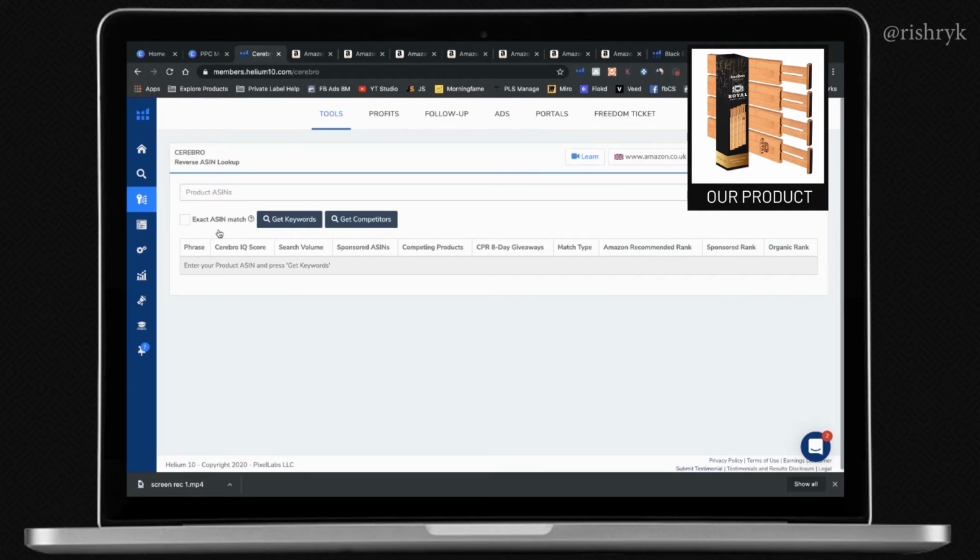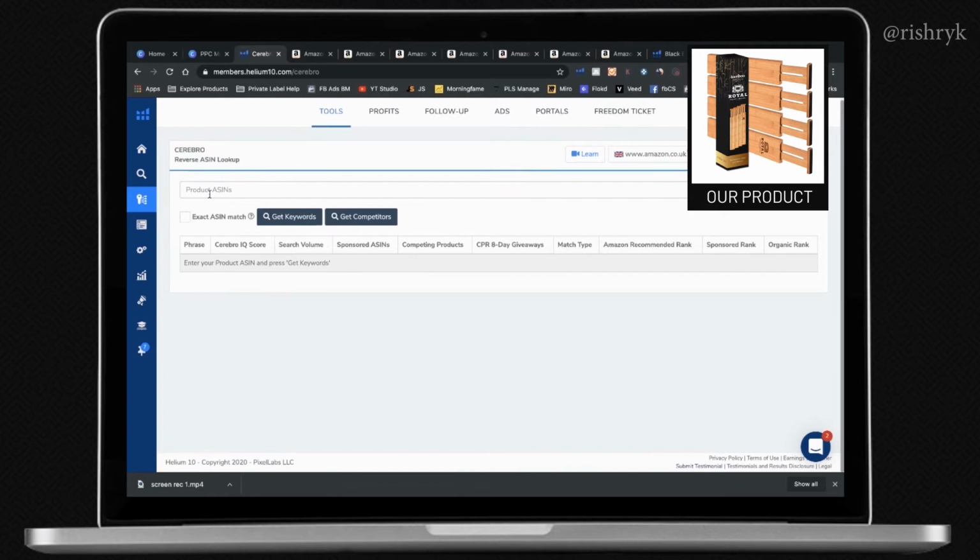So what you can do is just input the product ASINs, as you can see over here in the search bar, and this will spit out all the keywords that those products are being ranked for, and therefore you will have a very good idea about what is working for them, and therefore you can use these keywords in your listing and also to run and plan your PPC campaigns. All right, so we have already copied our ASINs. Let's just hit